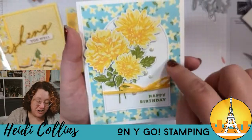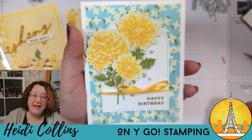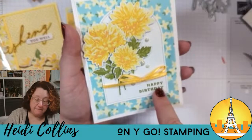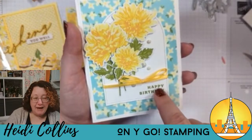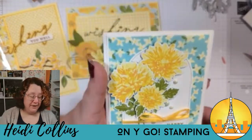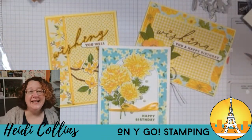And then this arch, you see that arch that's behind there? That is the new Everyday Arches dies, and those are an online exclusive. So they're super pretty. And then I just stamped the happy birthday. The sentiment says wishing you a happy birthday, and I just inked the happy birthday so it would just say happy birthday instead. So there we go. There are my 3 cards using the